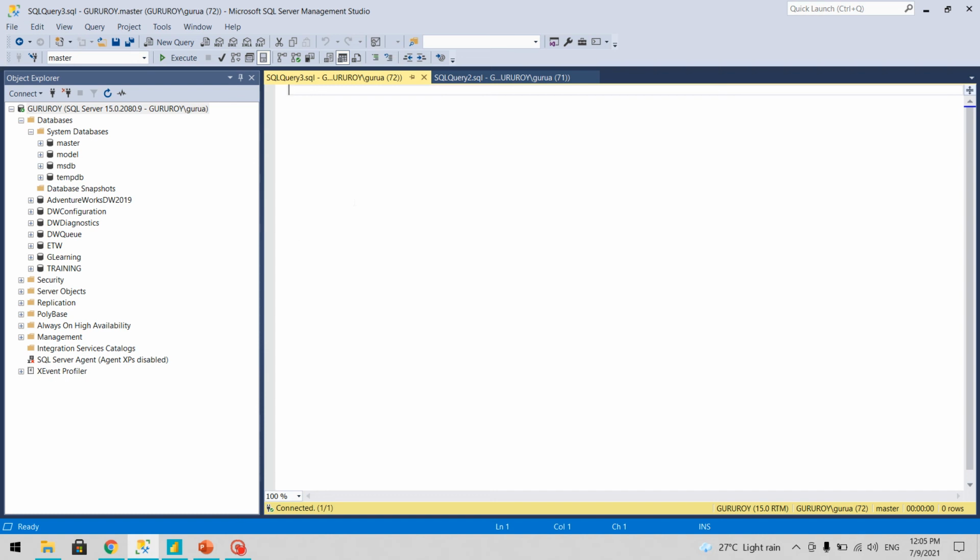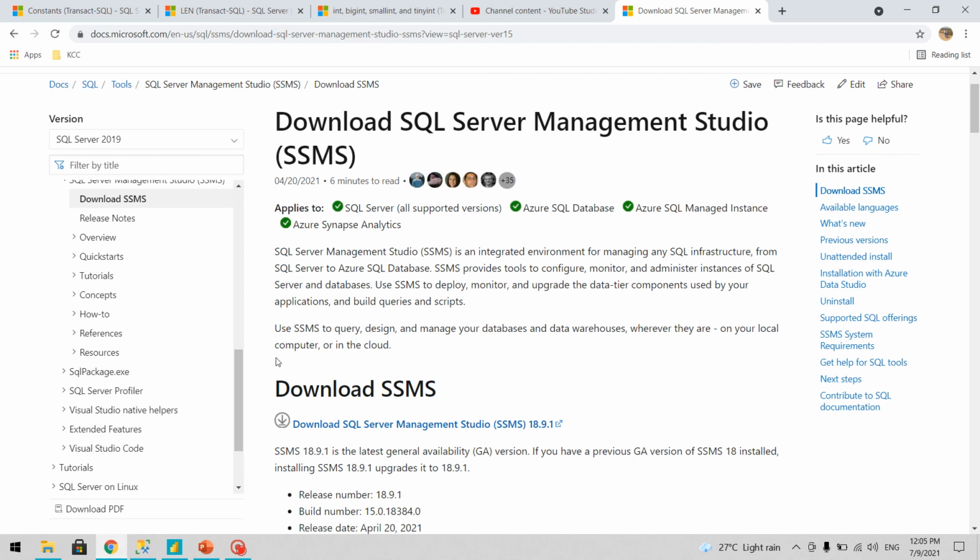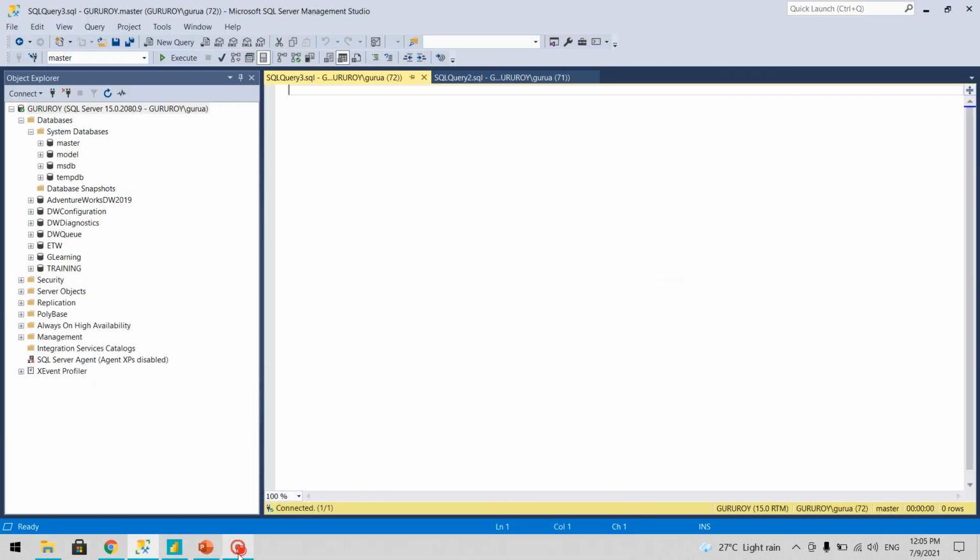As soon as you start using it, you'll keep on learning more about all the options there. So you can download, install, and start learning. To download Management Studio, you can go to the following link and you can download a specific version of Management Studio. Make sure that you already have a server installed, or somewhere your SQL Server is there which you can connect to using Management Studio. That's it. This was a brief introduction to SQL Server Management Studio.